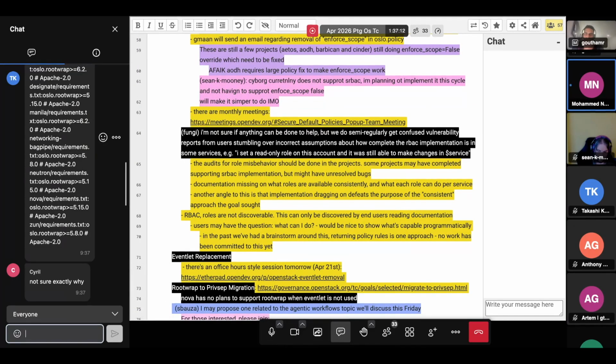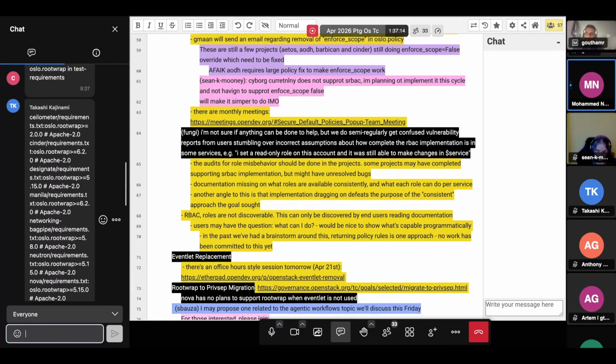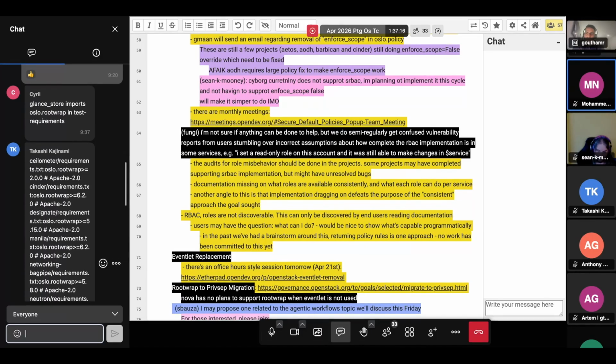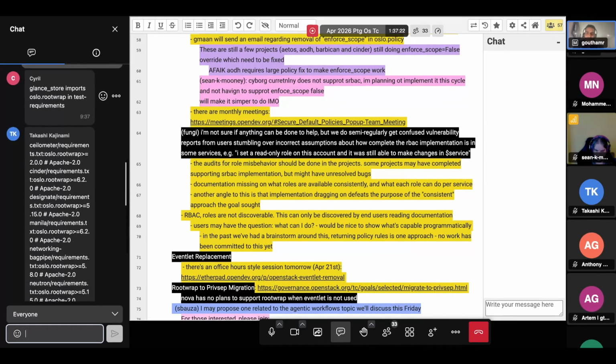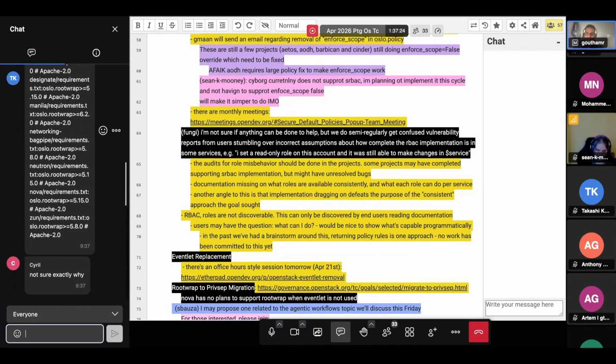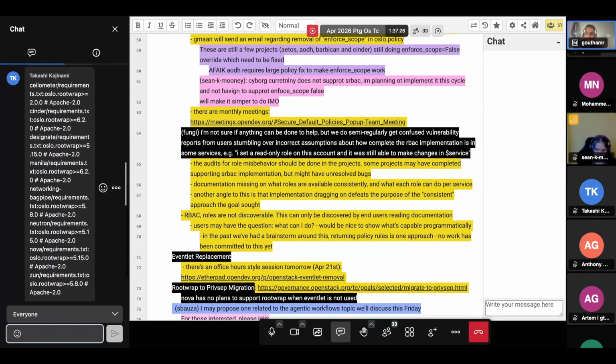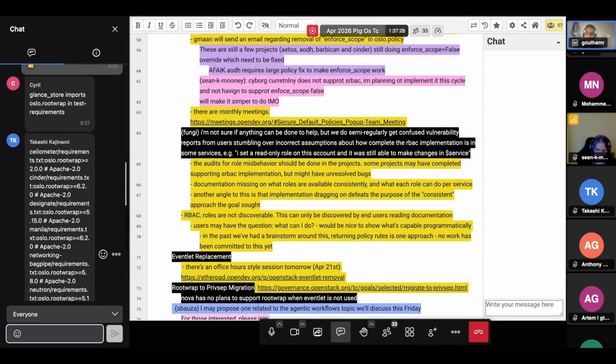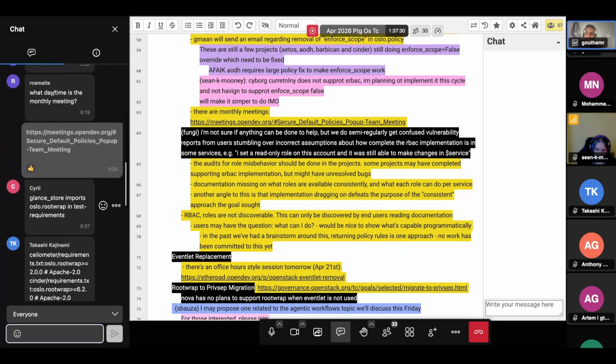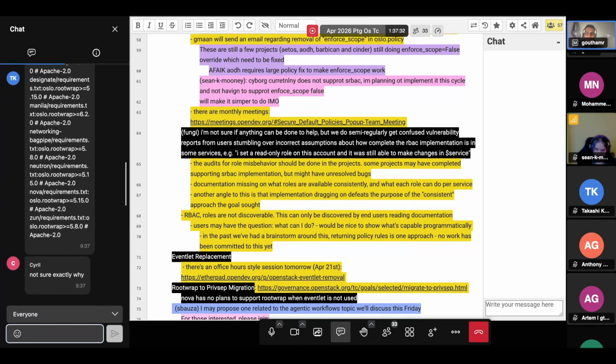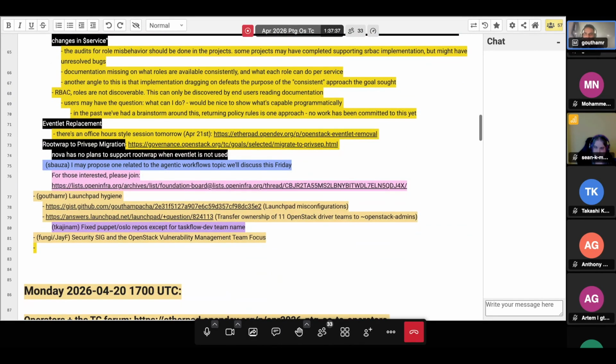Okay, so maybe my code search is not working properly. Yeah, I'd also look for root wrap config, I think. And those files are pretty big if there's a heavy usage of root wrap configuration. And folks, you can drop your comments directly on the Etherpad if you'd like. Helps us keep notes.